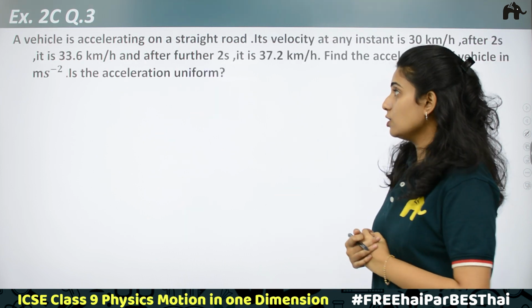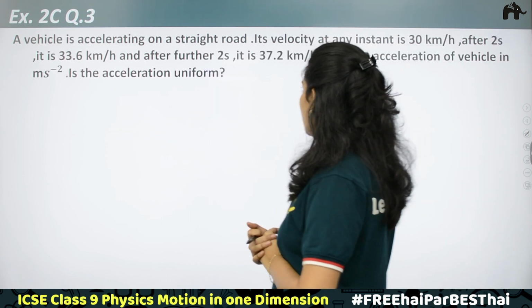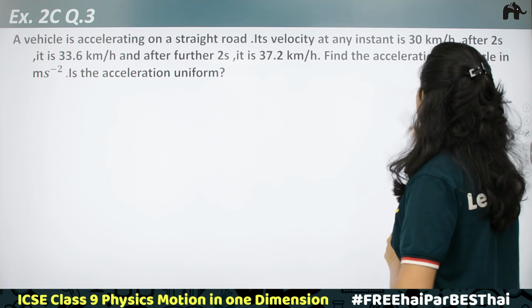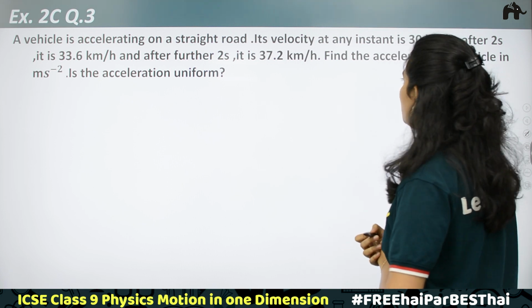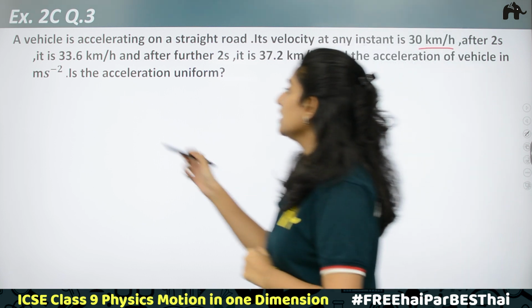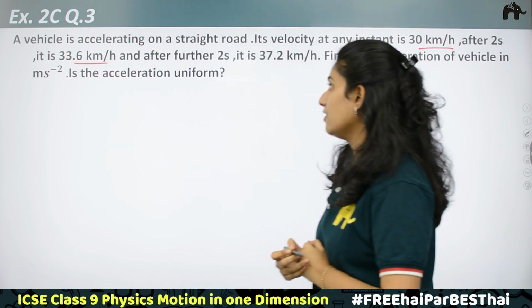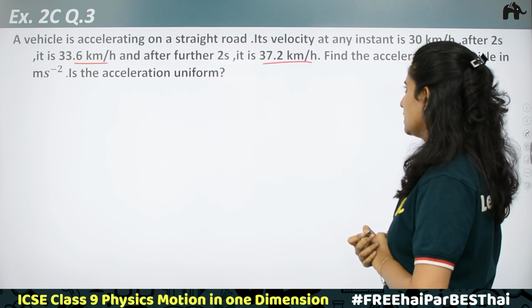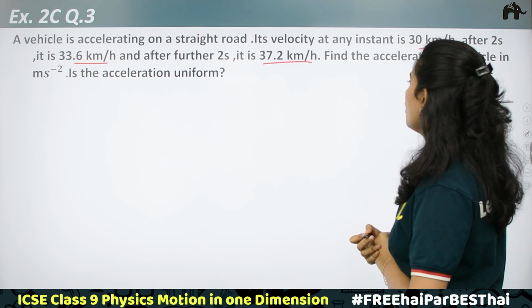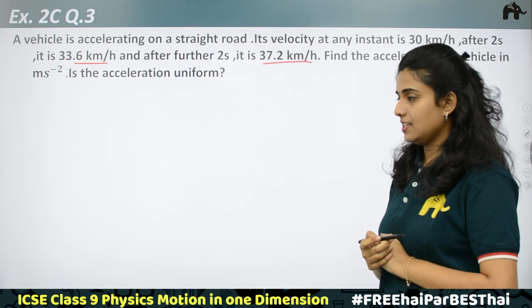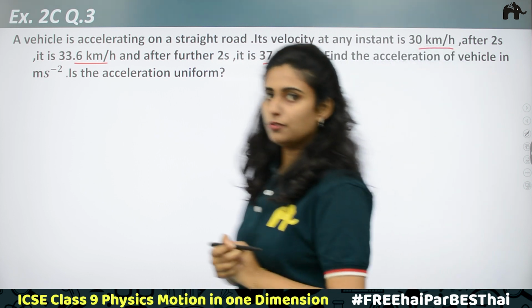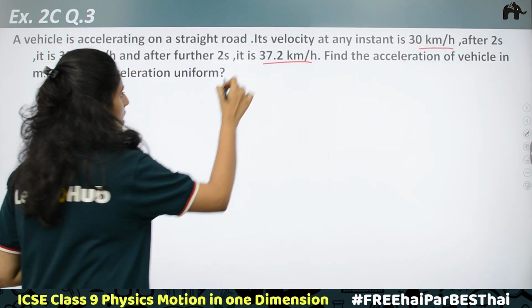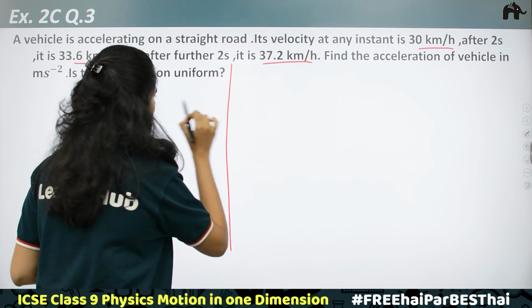Question 3 of exercise 2C. A vehicle is accelerating on a straight road. Its velocity at any instant is 30 km per hour. After 2 seconds, it is 33.6 km per hour. And after a further 2 seconds, it is 37.2 km per hour. Find the acceleration of the vehicle in meter per second square. Is the acceleration uniform? So, here we have 2 cases. Okay. So, first case,